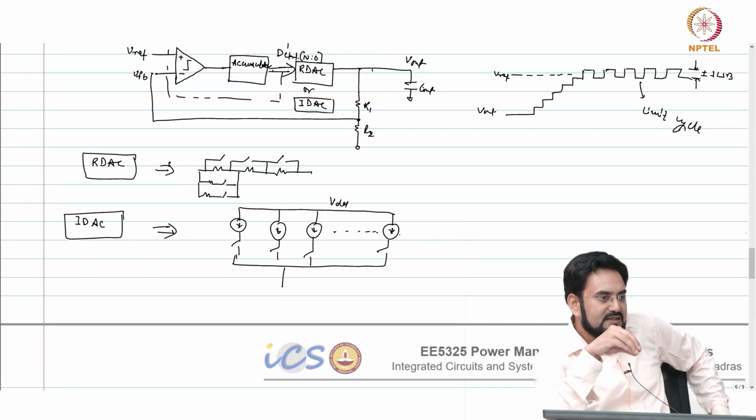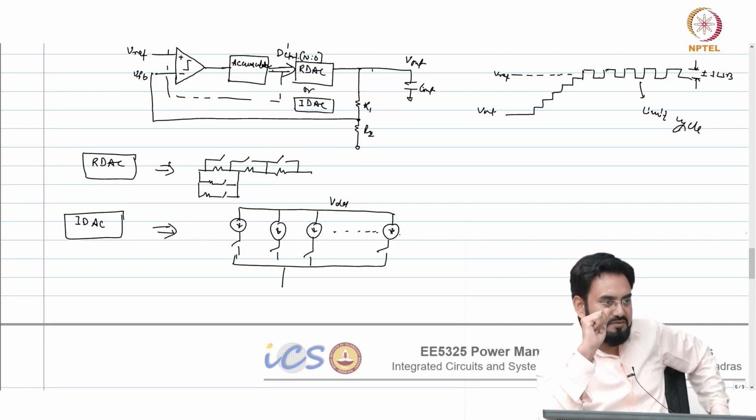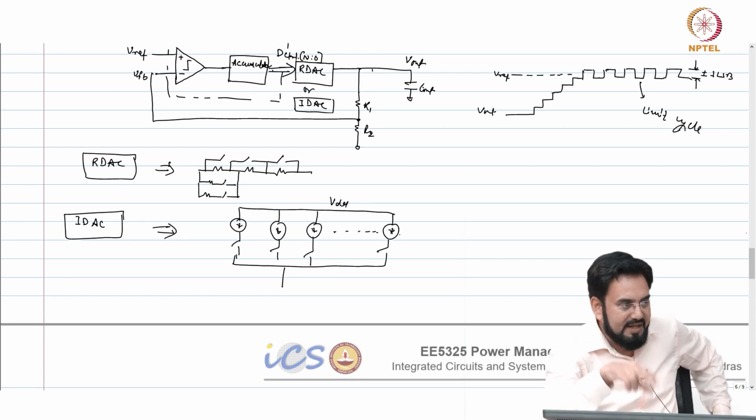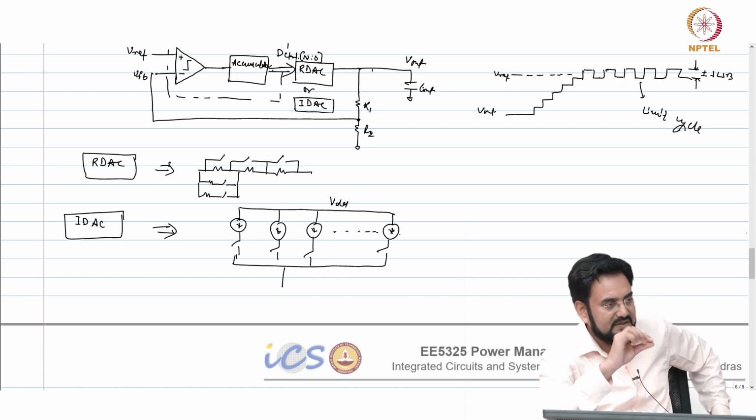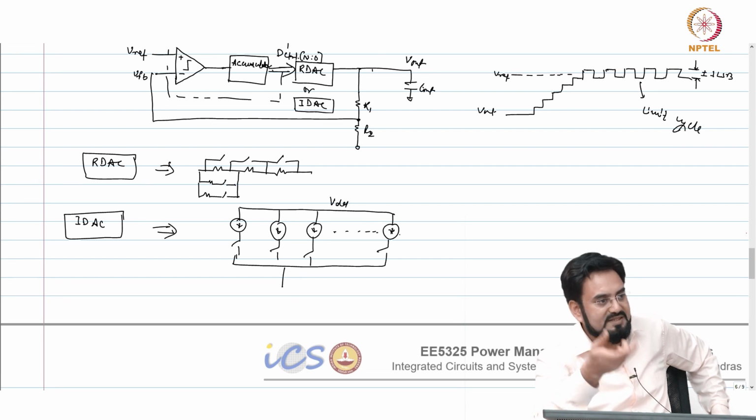So, for IDAC, in both the cases your R out is very high at light load. Which means a one LSB change in the code of your DAC should not make more than 1 LSB change in the output, the delta V, whatever it is. Okay, it should be less than that. I know if R out is high, even a small change in the current will make a large change in the output. So, your minimum size of the current will be decided by the lightest load.